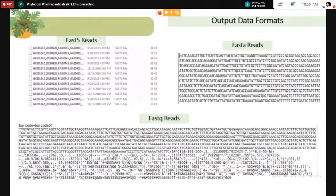For base calling, as I said, there is real-time base calling. You can connect to the nanopore server and do real-time base calling. Otherwise, because of internet problems, we can do the base calling in our own computer system. Earlier, the system